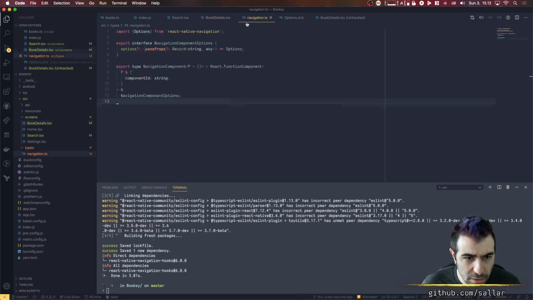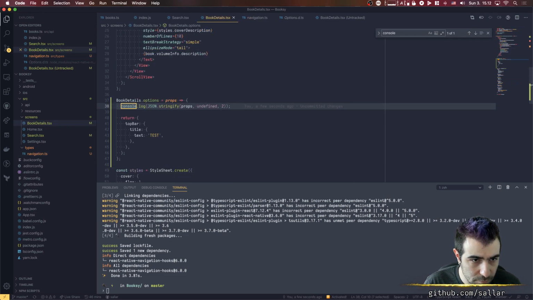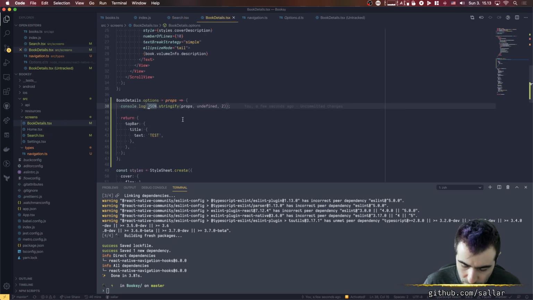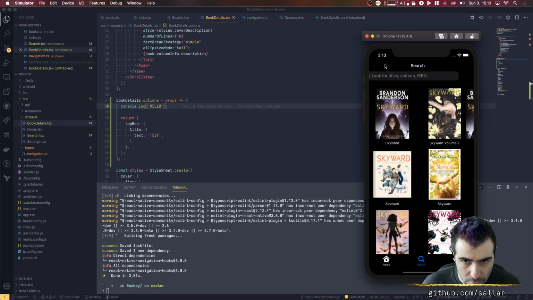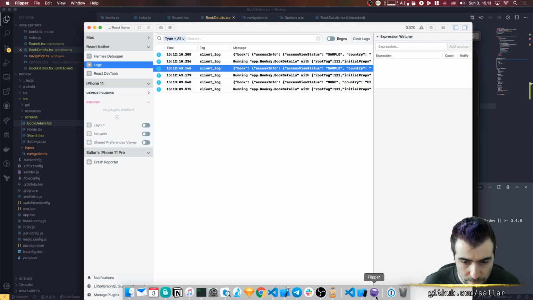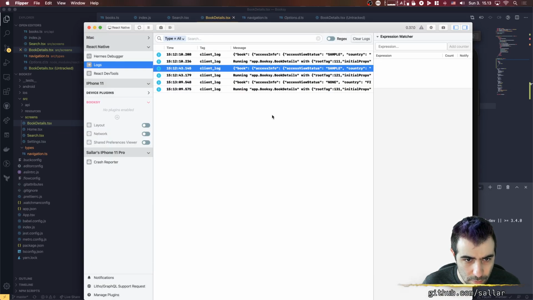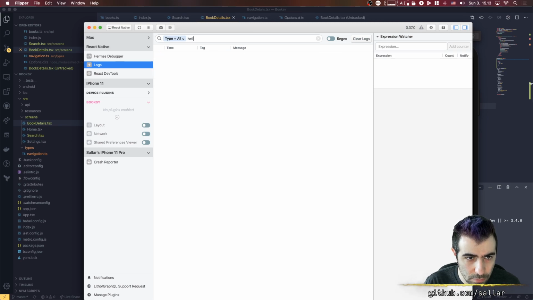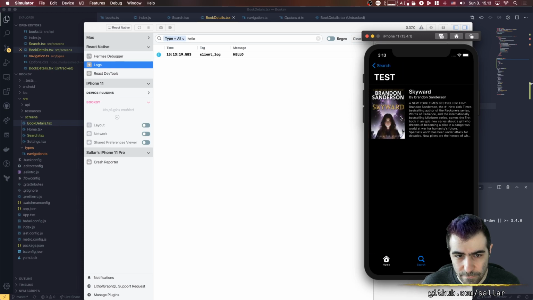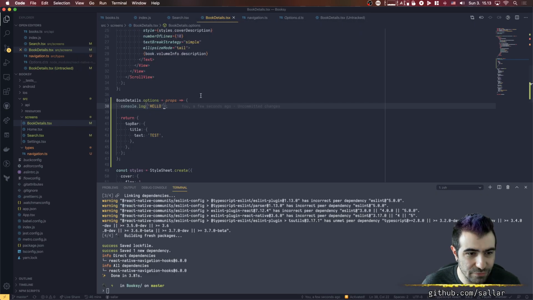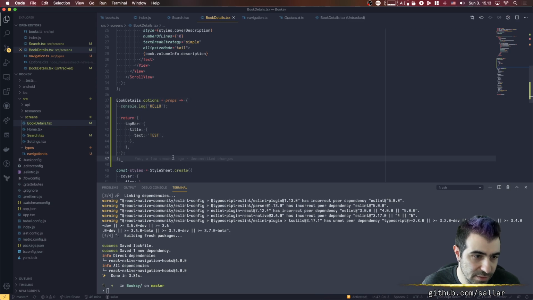I think this log is coming from somewhere else. Where's my hello? Oh, okay, it just needs a reload because this is a native component, so it doesn't work